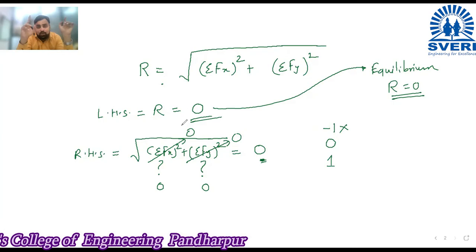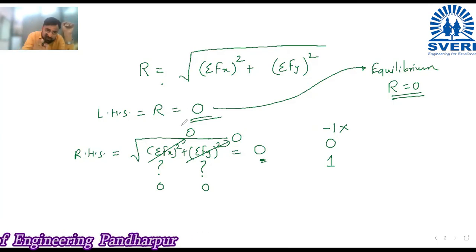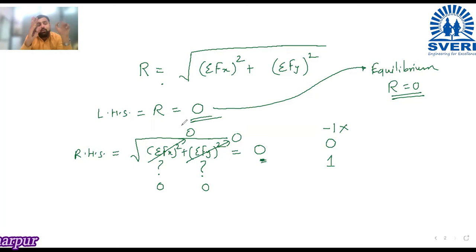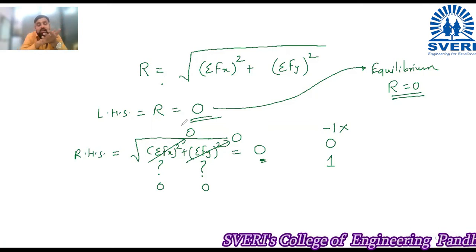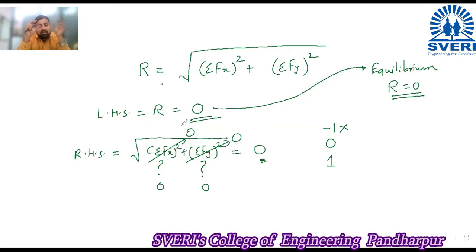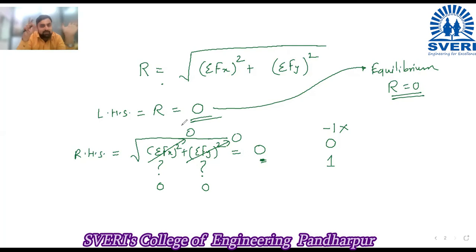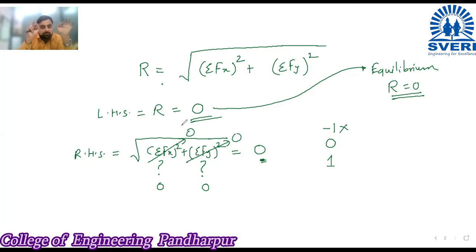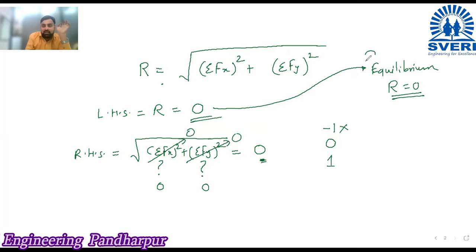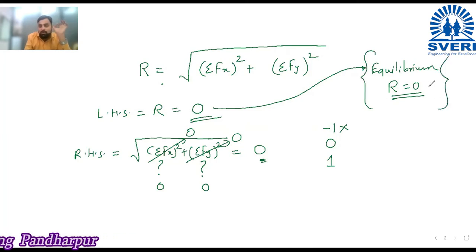When your resultant is 0, when your summation fx is 0 and summation fy is 0, then and then only your resultant is 0. Otherwise your resultant will not become 0. जर समजा fx आणि fy मधलं एक जरी 0 नसेल तर तुमचा रिझल्टंट 0 होणार नाही, त्या रिझल्टंटला सर्टन व्हॅल्यू तुम्हाला मिळेलच. आर यू गेटिंग माय पॉइंट व्हॉट आय वॉन्ट टू टेल यू? Yes, sir. ओके, सो व्हेन आय से दिस इक्विलिब्रियम, सो इक्विलिब्रियमचा अर्थ काय? रिझल्टंट आर इज इक्वल टू 0.